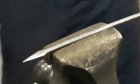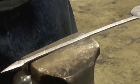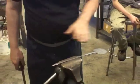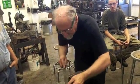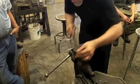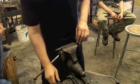So the low or commonest grade of ironwork would have just been left with the black oxide finish on it. A medium grade would have just been cross-filed to get rid of the black and make it shiny. Try to cross-file an even texture, but it's just cross-file. So when most of that black is gone,